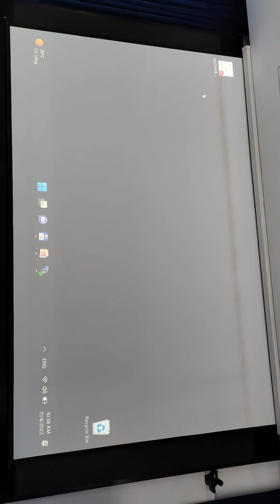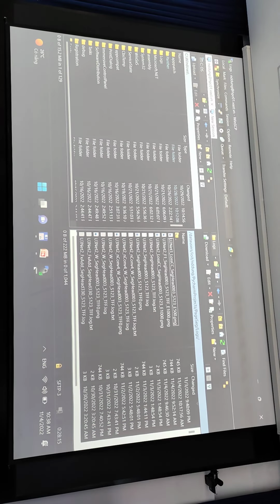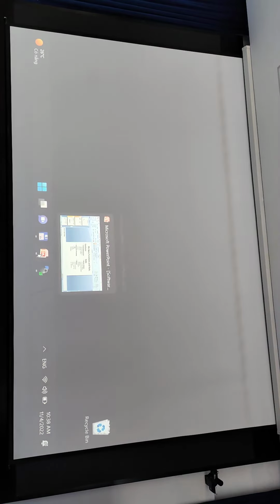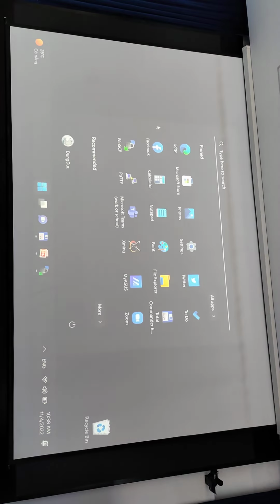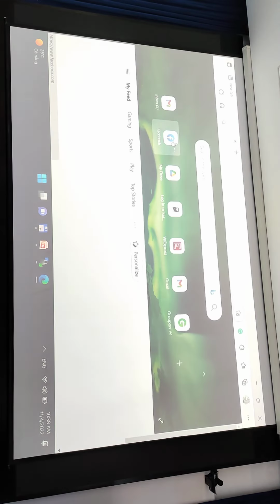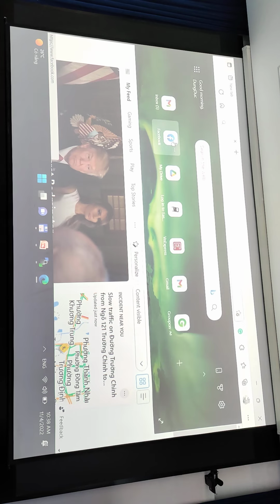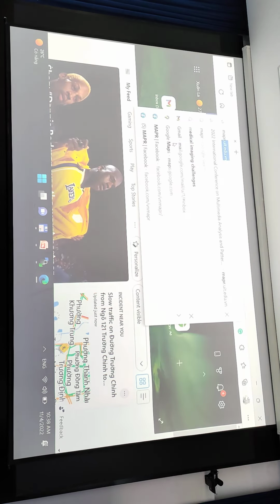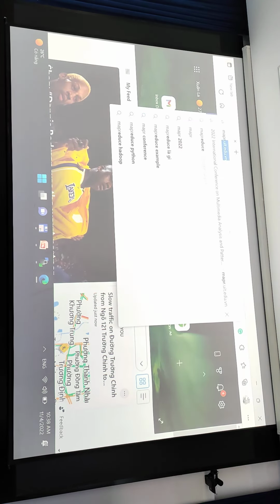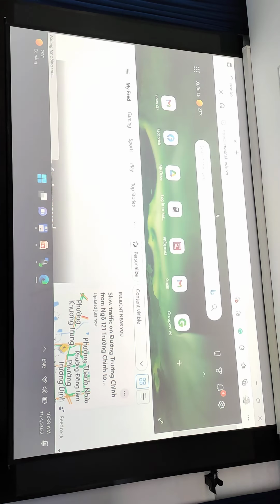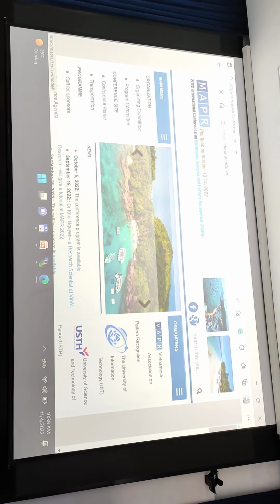For example, in the future, you may have to write a report. You may do some research and write a paper. And when you submit your paper to a conference or to a journal, for example, I take this conference. We organize the conference, and this year we organized this conference in Phuket last month.